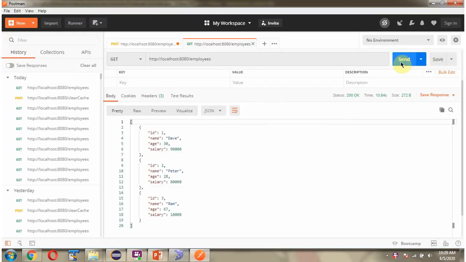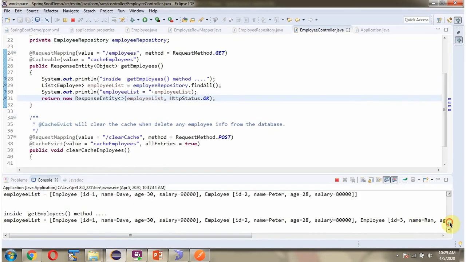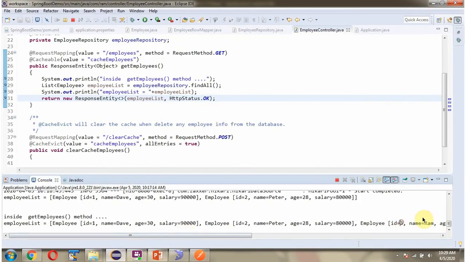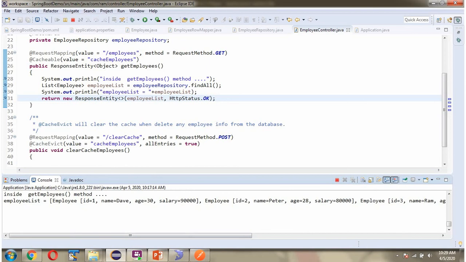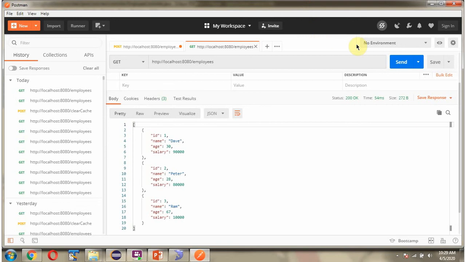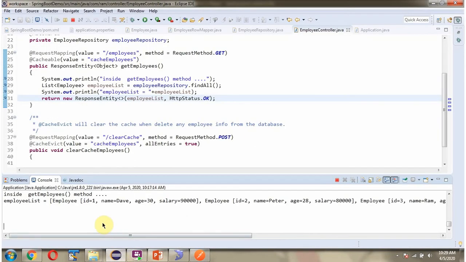If I send the request again, it will get the result from the cache. And you can see there is no movement in the logs.